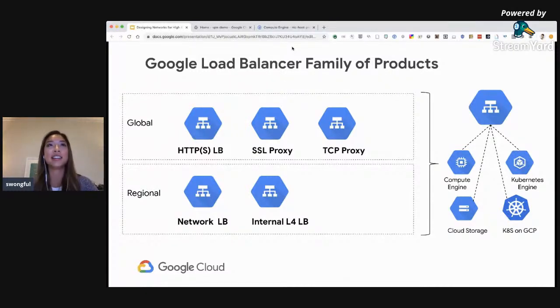One thing to note is that load balancers at the end of the day are going to be really important to architecting your overall landscape on Google Cloud. It's important across multiple products that we offer. So whether you're running on Google Compute Engine, Google Kubernetes Engine, or even just serving static content on cloud storage, you should consider always putting a load balancer and implementing that at any layer of the stack. Whatever it is you're doing, load balancers can and should be a part of the solution and part of your network architecture. So one of them that I want to focus on today primarily is our HTTP and HTTPS load balancer. And then I'll go ahead and show you how to actually set that up.